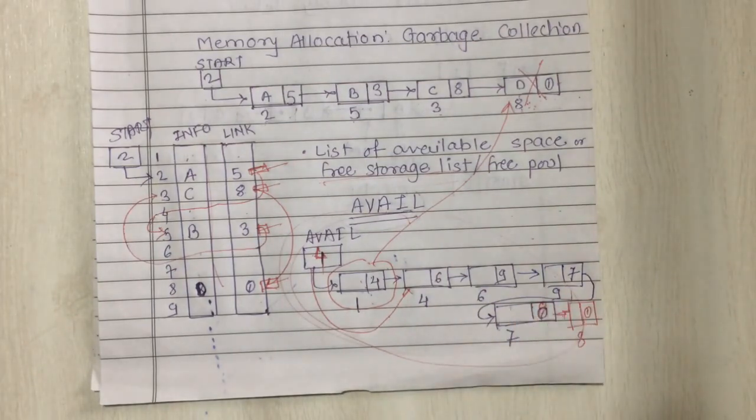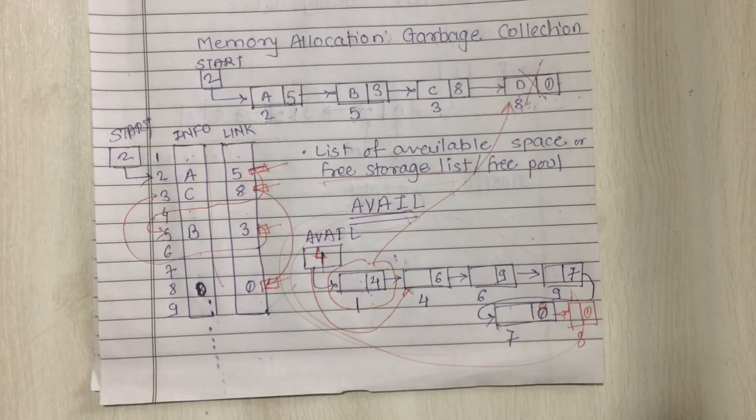This deletion of a node from the linked list and connecting it to the free pool is quite time consuming. So to overcome this, experts have developed one technique. In that technique, the computer runs through all the list, and while running it tags those cells which are currently in use, and after that, a second time the computer runs through the memory and collects all untagged space onto the free storage list. So this is nothing but garbage collection.